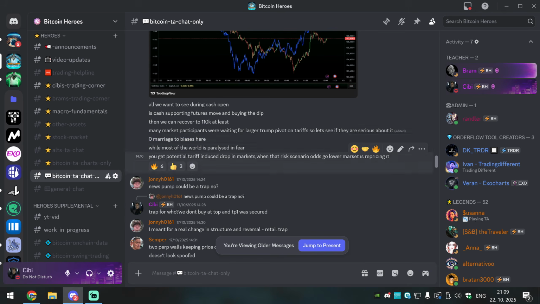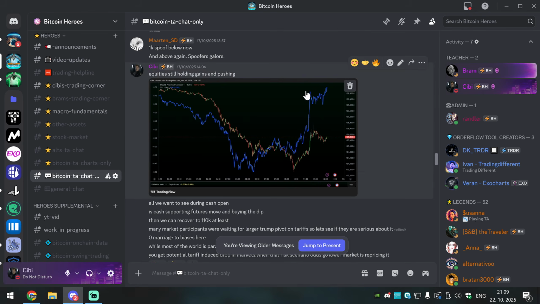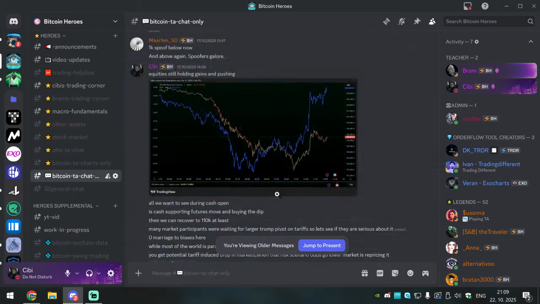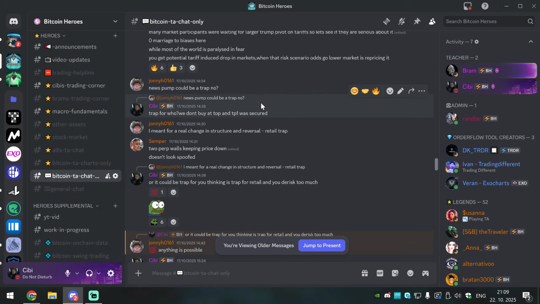While most of the world is paralyzed in fear, you get a potential tariff-induced drop in the market when that risk scenario's odds go lower. Yeah, this was actually tariffs. There was some news the tariffs will be negated, so you could actually make money not only on Bitcoin but also on equities or other assets. Yes, but we trade Bitcoin because